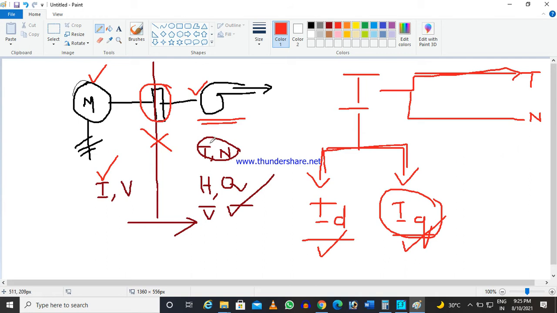Now you can think, if there is a requirement of variable torque, then the same variation, the same fluctuation, will be reflected in the torque producing component of the current also. That only I mean to say. If the driven equipment is asking for a variable torque, that will be reflected in the electrical input of the motor.